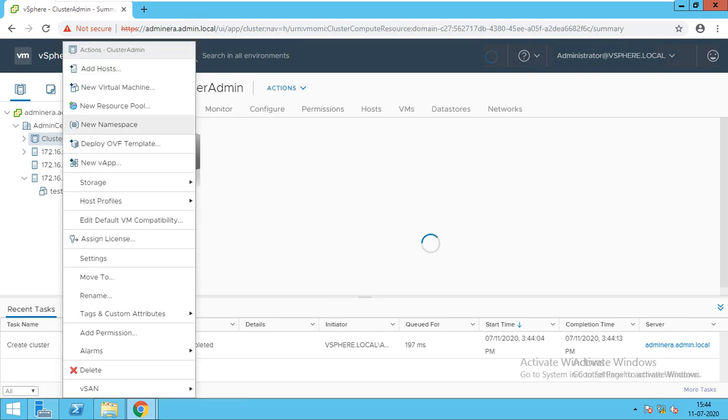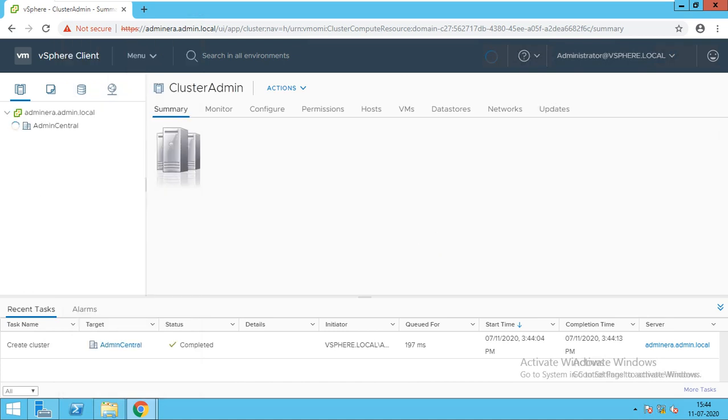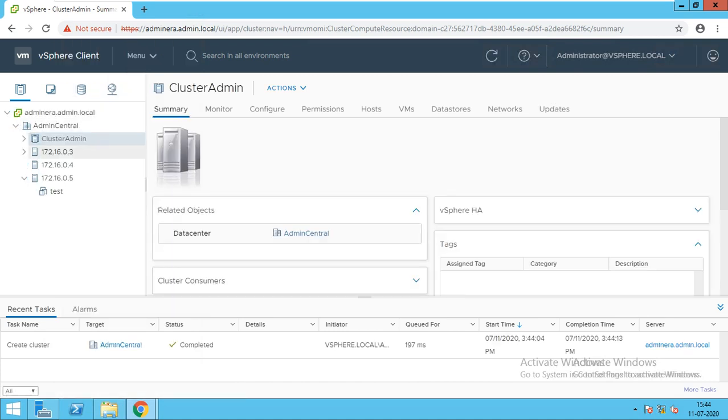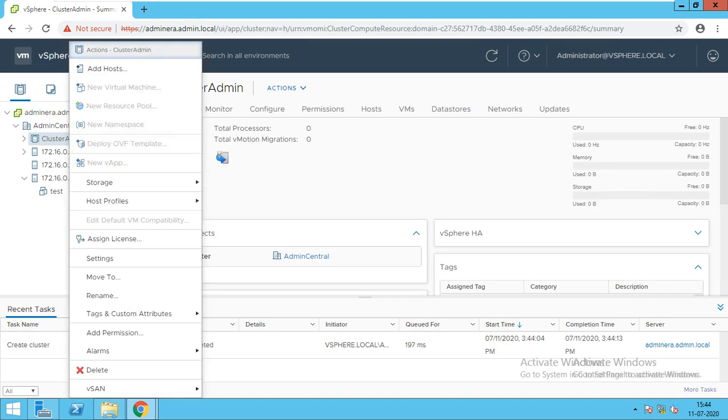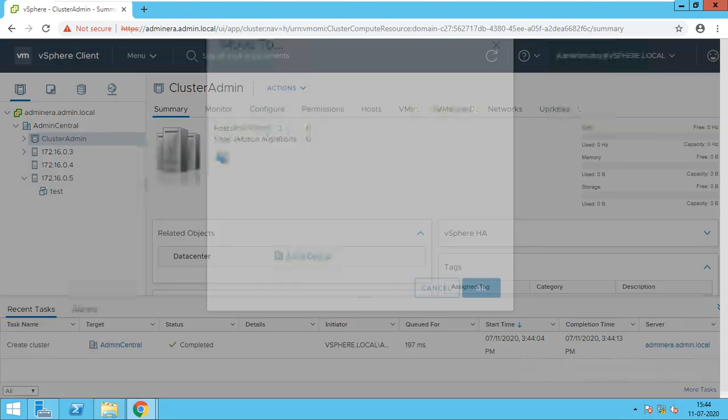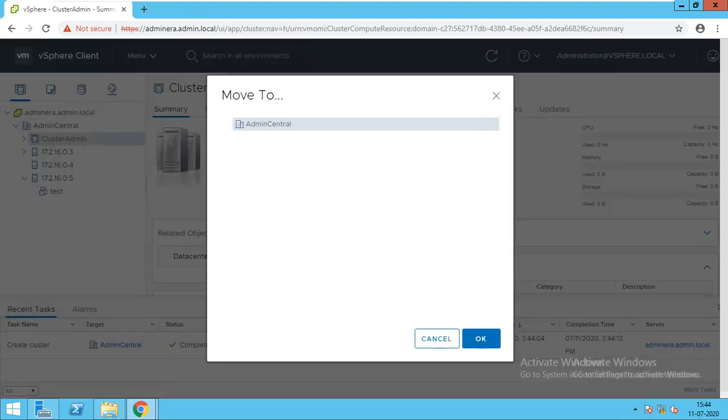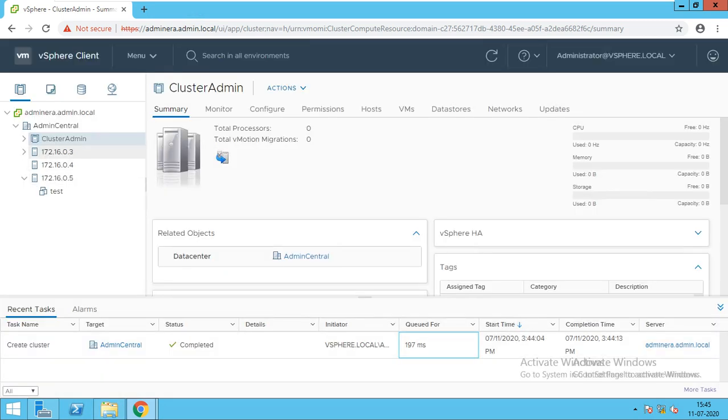How? Just right click on the cluster. There is an option of move. You can move, so yes, this is the move option. We'll have to wait for the move option to come. Instead of moving, we'll just drag and drop.